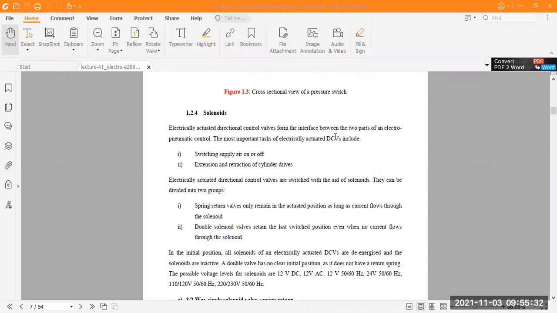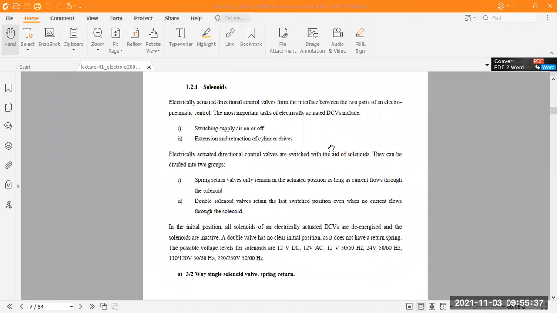So in a big system, you have to use different types of fluid pressure, different types of fluid channels. For example, in a petrochemical industry or any chemical industry, there are lots of chemicals we have to process. That means there are different types of channels, different water valve pipes coming in. In this position, you have to use the DCV, the directional control valve, for pneumatic operations, that is, pneumatic control systems.